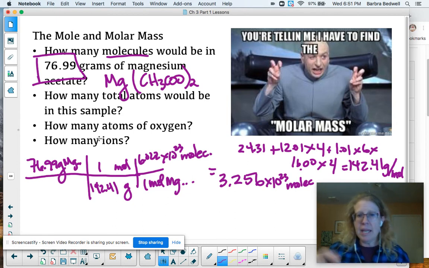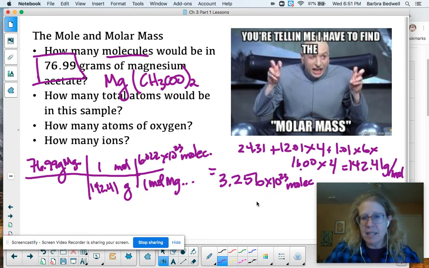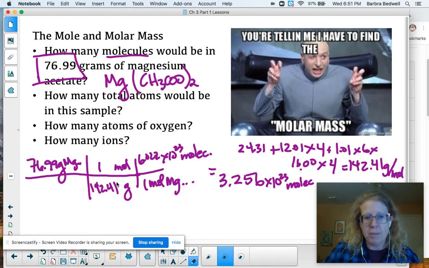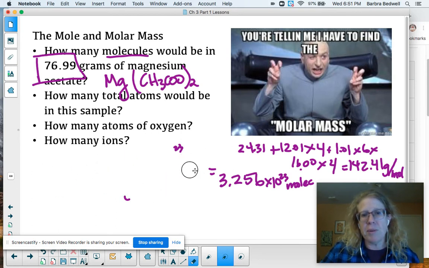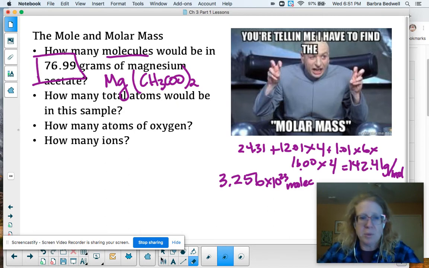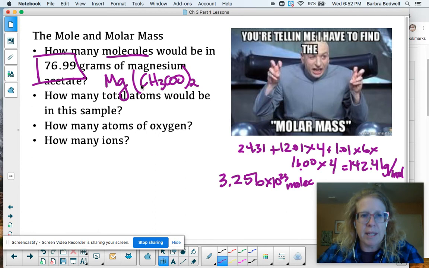So I'm going to keep this number up here, because that's going to be the basis for all of our other problems. Once I know how many molecules there are, I can do some other work with that. That's how many molecules we have present. So how do we convert from molecules to atoms? Well, you have to look at your original formula up here. If I want to know how many atoms there are,